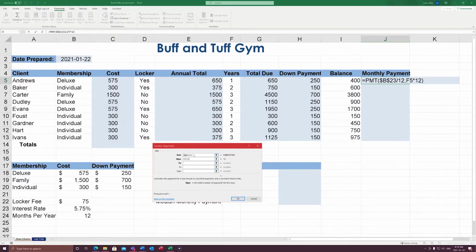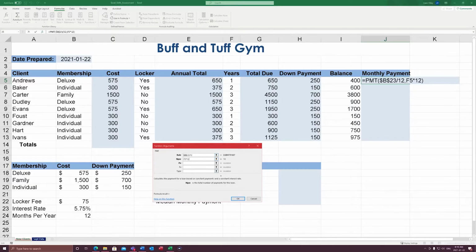So I convert both of these, the rate and the total number of payments for the loan. If I've got the data in years, I have to convert it into months. For the first one, I have to divide it by 12 to get a monthly interest rate. And for the second one, for the NPER, I have to multiply it by 12 to get the total number of months